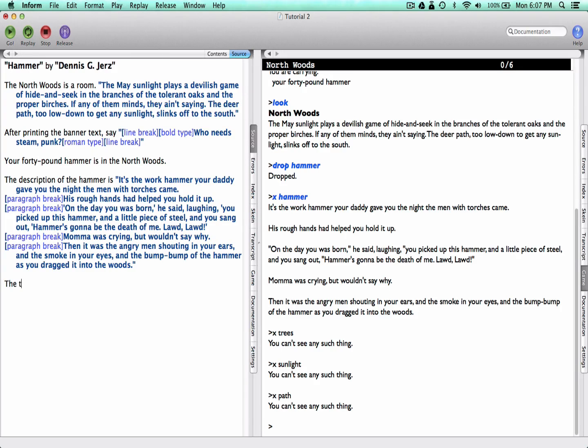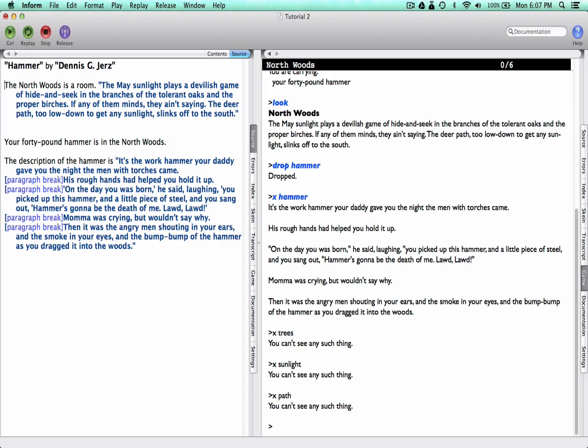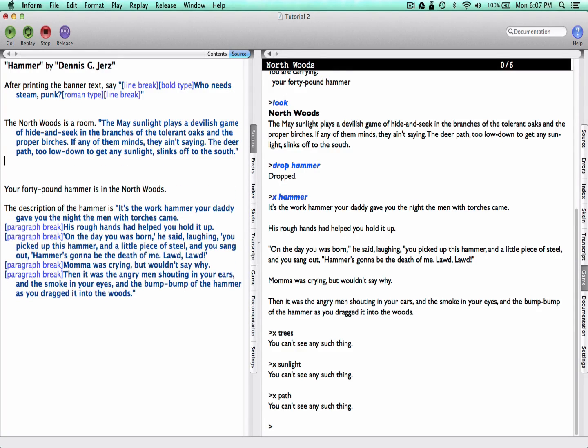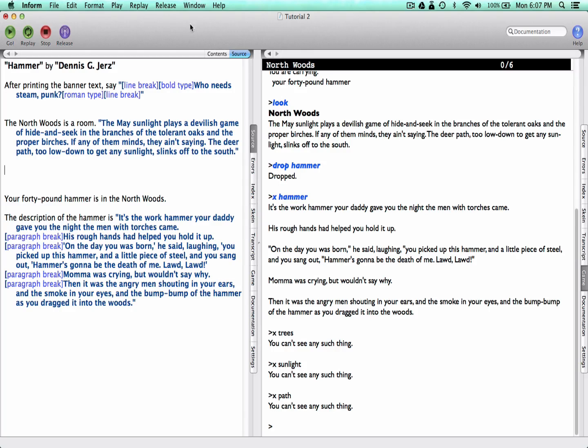I'm going to keep this here. I'm going to put the banner text up here. Here we have the first location, and I'm going to put the scenery for this location near the location. So I'll say trees are